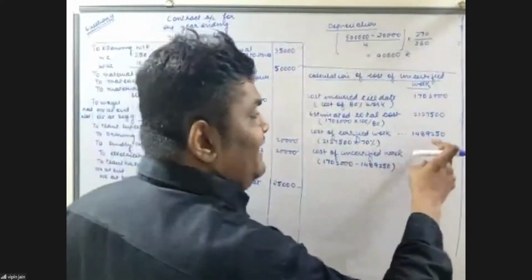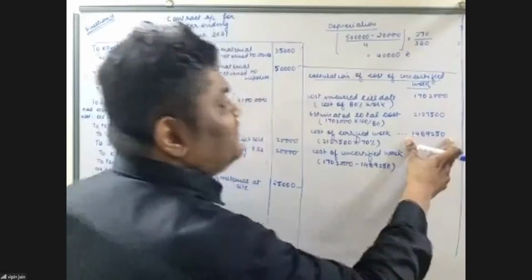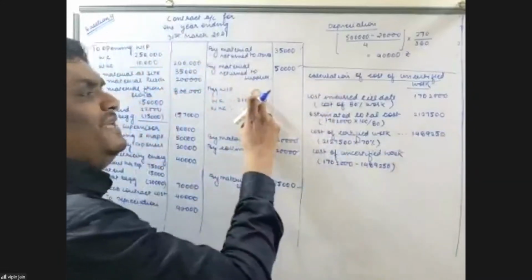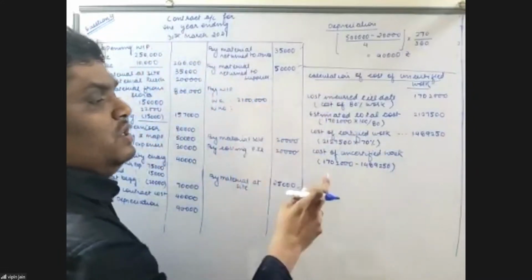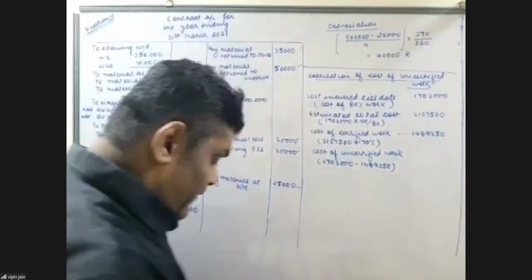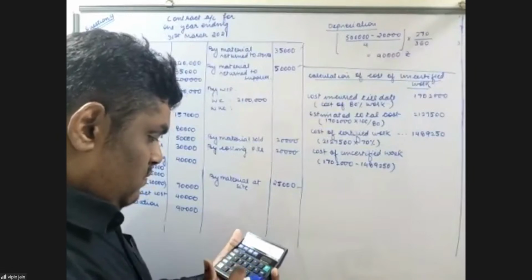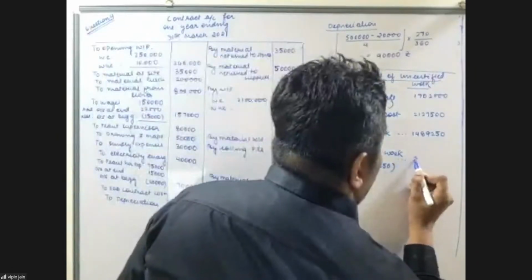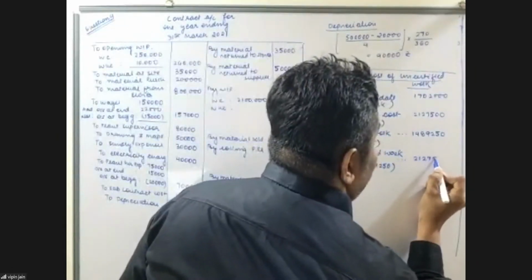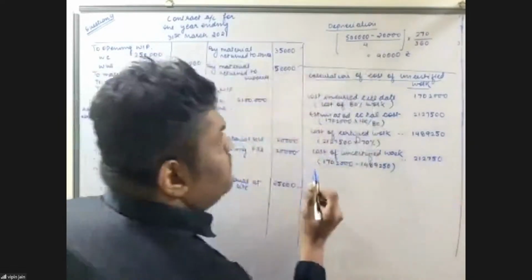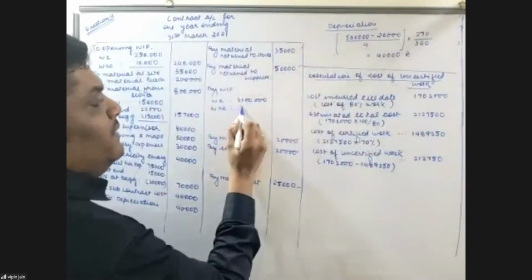This 14,89,250 is the cost of certified work, and the selling price of certified work is 21 lakh. So how much will be the cost of uncertified work? 2,12,750. So this will be the value of